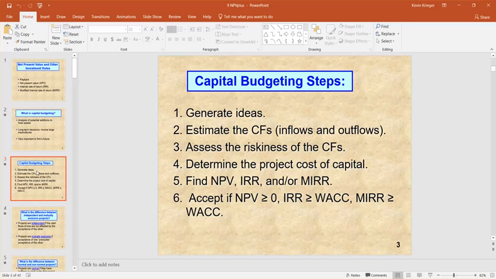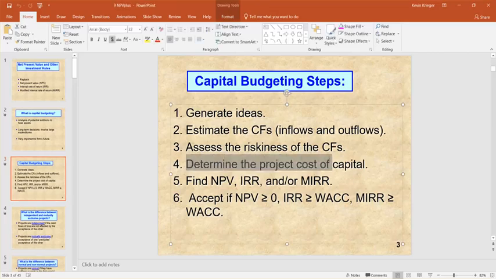And the same is true with the next step here, discussing your project cost of capital. We'll just have it given to us right now in this chapter as we're working together in this presentation to demonstrate some things. But the reality is that sometimes it's a lot of work to actually come up with our own estimate of cost of capital. So that's something that we'll want to discuss in its own right.